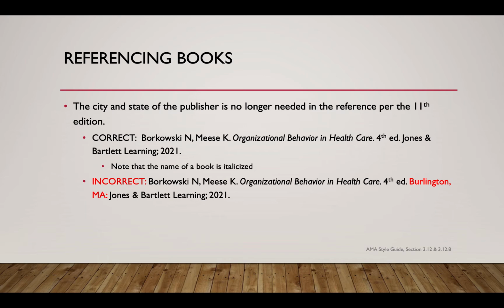So let's talk first about referencing books. When we reference a book, there was a change from 10th edition to 11th edition. In the 10th edition, you used to have to put down the city and state of the publisher, but that's no longer needed in the reference for an 11th edition. So the correct way to write a book is to put the author's last names. And you will see here that there is no comma after the author's last name, and there's no period after